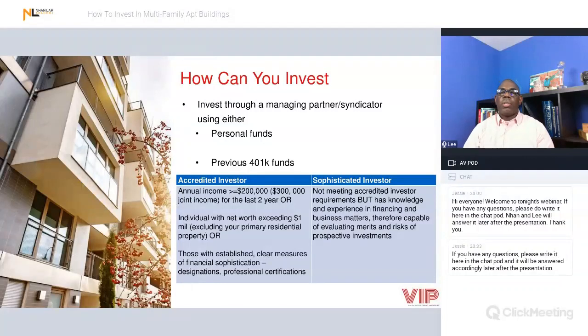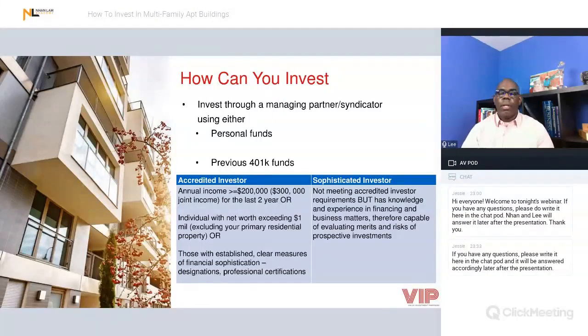The only exception is a married couple, who can have an annual income of $300,000 for the last 2 years, or a net worth of $1 million, not inclusive of their primary residence. Those are the clear measures in the benchmark, and depending on the type of investment,